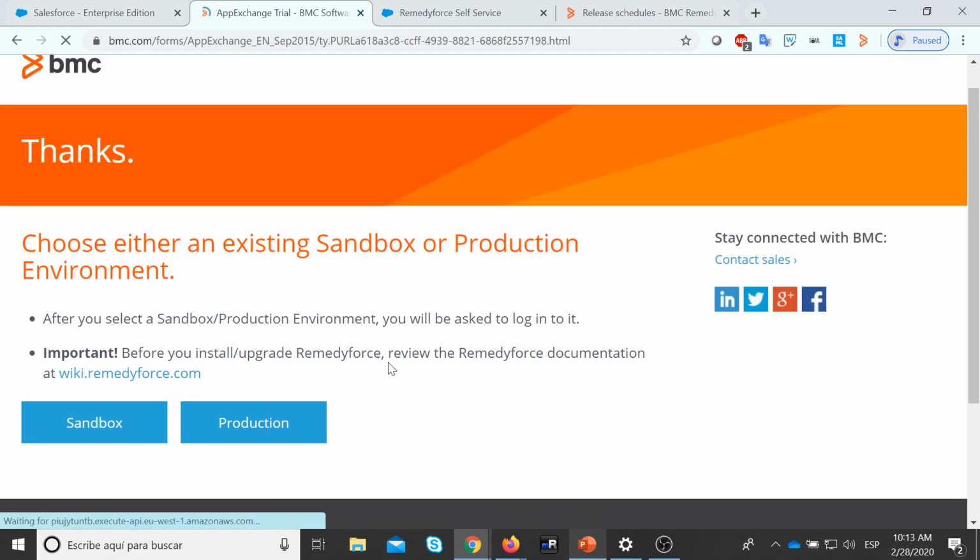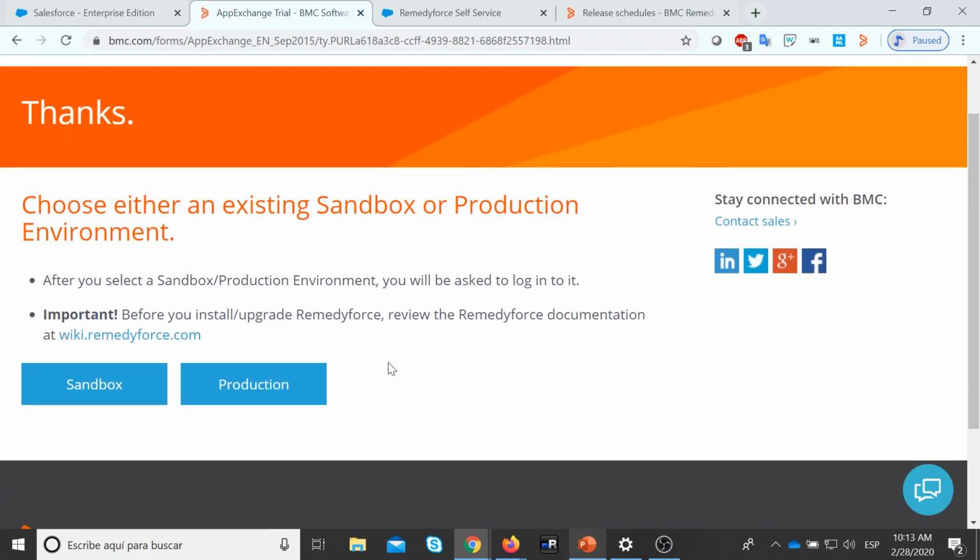And it's going to ask you to choose where you should install the latest release. And it's up to you if you want to install it on production or Sandbox. Again, we recommend to install first on Sandbox. Today it's the automatic push to Sandbox, so there's no need to install it again. But this is for a future release. If you want to install it right now in production, you just go ahead and click production. It's going to request your production credentials,